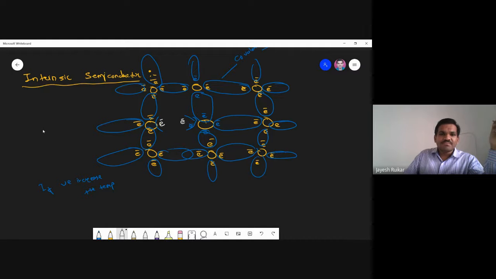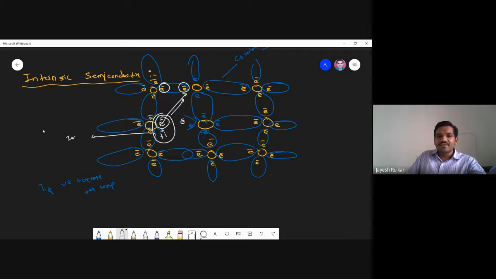This electron goes to the neighboring atom, whereas you can see these electrons also start breaking because of the temperature, so electrons start moving. If this electron goes to this side, it becomes a positively charged particle, or a positive ion. That is what we call ionization. Electrons start moving from this place to that place, so there is a shortage of an electron, or you can say it forms a hole.